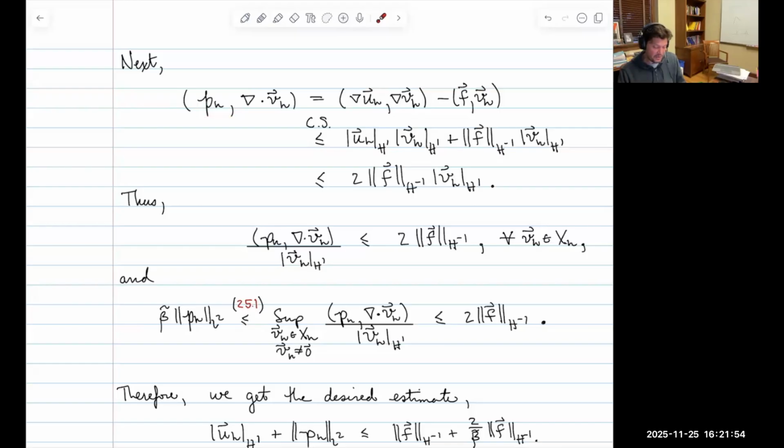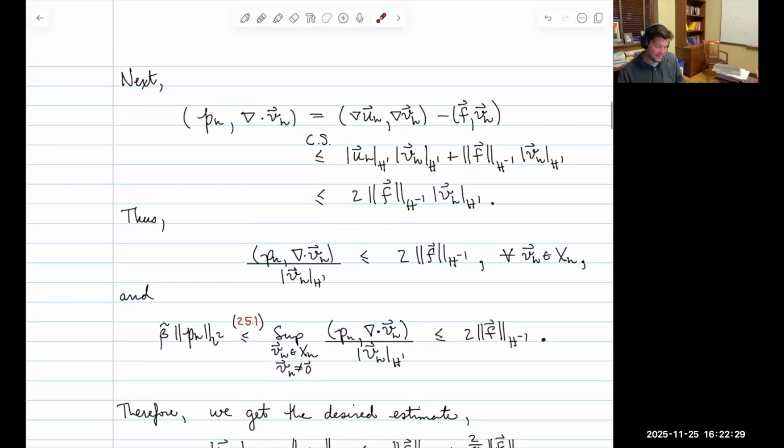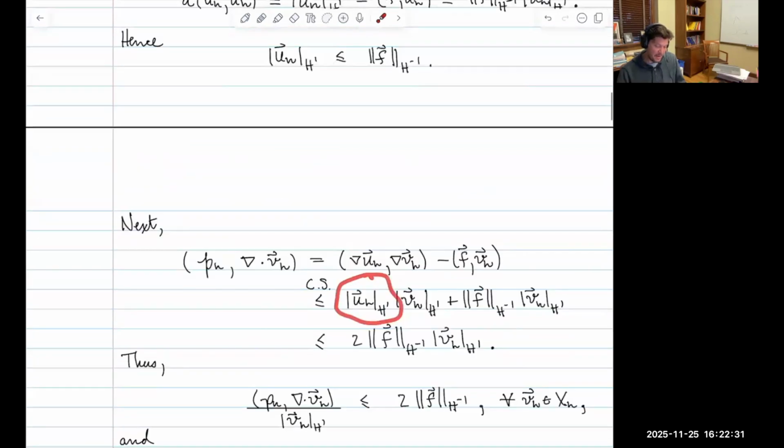Okay, if I solve for the pH term, now I'm going to estimate the stuff on the right. It's all controllable information. So I'm going to use Cauchy-Schwarz to break this term up into this term and that product. I'm going to estimate this term by Cauchy-Schwarz. Actually, again, sorry, it's not Cauchy-Schwarz. This is the operator norm estimate. And then I'm going to use the fact that I can combine these two terms using the distributive property, right? And the fact that this term here is known to be bounded by,